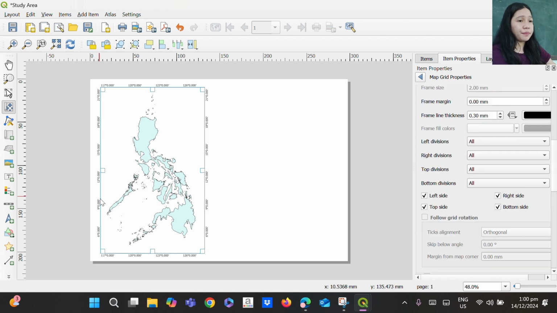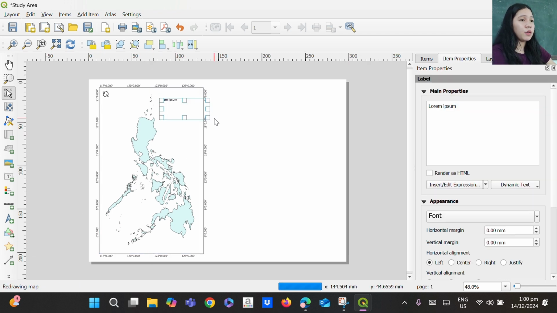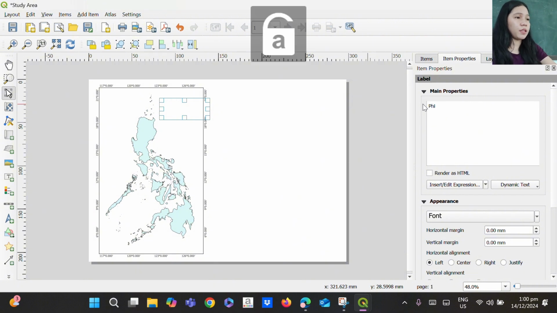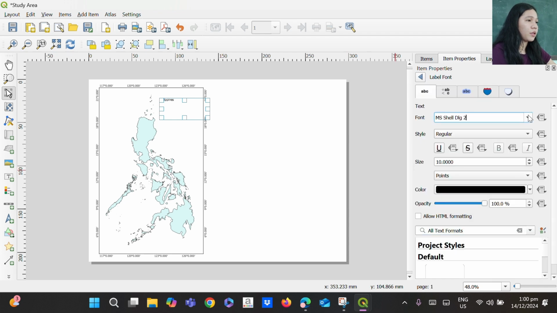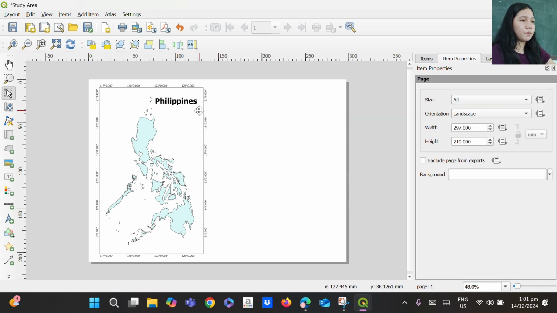You can also add text, so that you can name what country this is, what map this is. So I'm going to put Philippines here, because it's a Philippine map. And you can also edit the font. So I'm going to use the same font as earlier. And then for the style, I'm going to choose the boldest one. And for the size, I'm going to increase the size of the font compared to earlier. So I'm going to choose 25. Then the unit will be points, same as earlier. So I'm just placing it on the upper right of the map, so that it pins here.